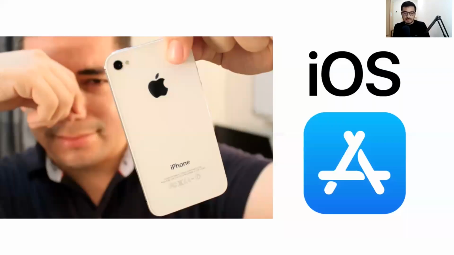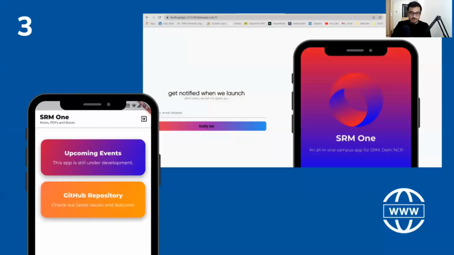If you want to build applications for iOS, you might have to learn a different tech stack. Like you might have to learn Swift to build iOS applications, which is really a difficult task for a student developer like us. So you already did Android and all that development. Now you have to go out and learn Swift, try to rebuild your application for iOS devices, and that would be too much work.